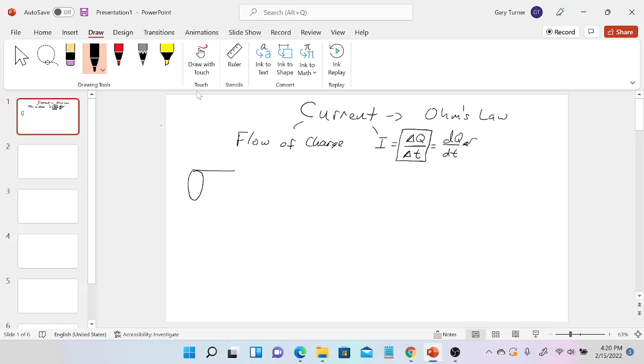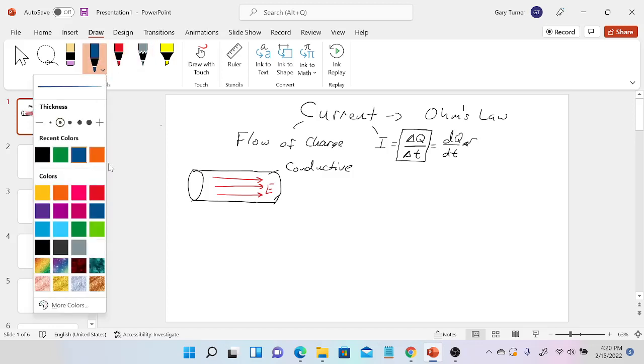So imagine you have some wire. We don't care what it is. All we have to worry about is whether the wire is conductive. So imagine you've got some conductive wire. The reason we need good conducting wires is when you apply an electric field, right? So suppose you have an electric field. We aren't going to worry about what generated the electric field for the moment, okay? But if you have an electric field, and then suppose you have